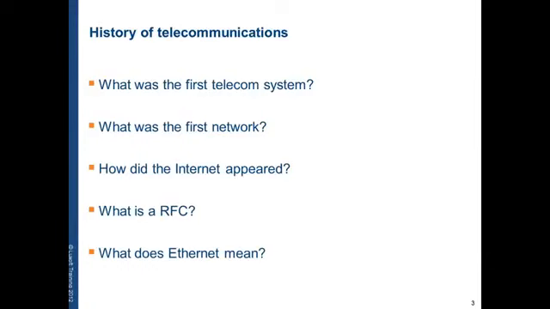ARPANET had 213 nodes by 1981, and it was formally closed in 1990. The Internet appeared in 1983 when ARPANET was split in 2 networks. It was MILNET, the military ARPANET, and the rest was still called ARPANET, and together they were called Internet, which comes from Intergalactic Computer Network, and the notion was used to refer to both networks.